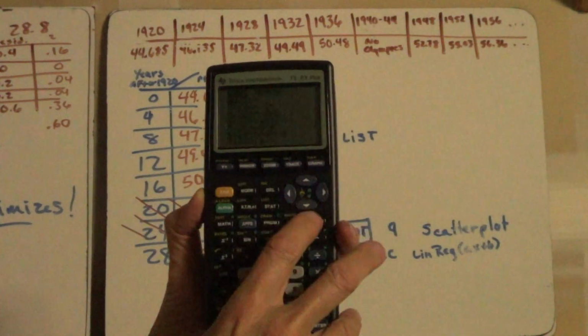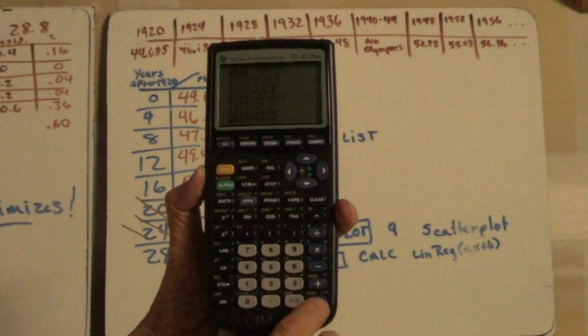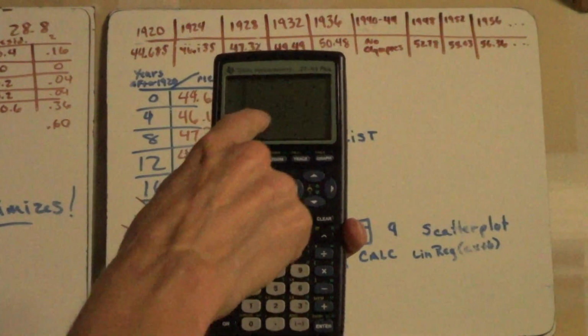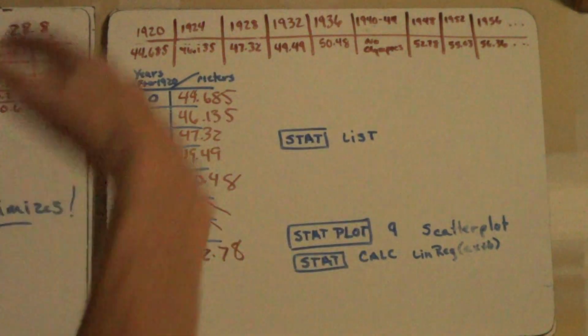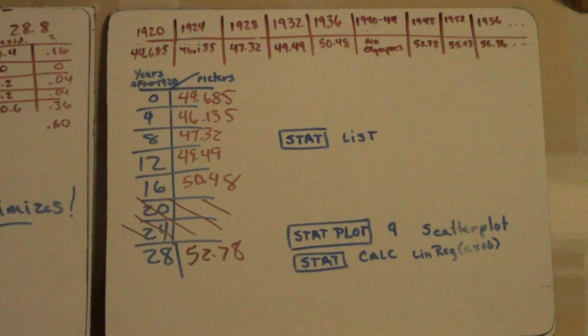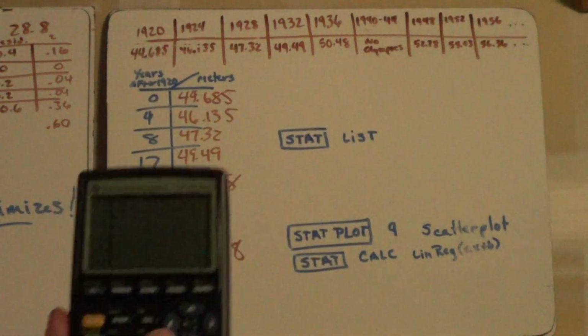So we go zoom, 9, enter. And now you can see your scatter plot, the little points right along there. Now yours will have a lot more points on it. Once you get to that scatter plot, I want you to look at how it's graphed